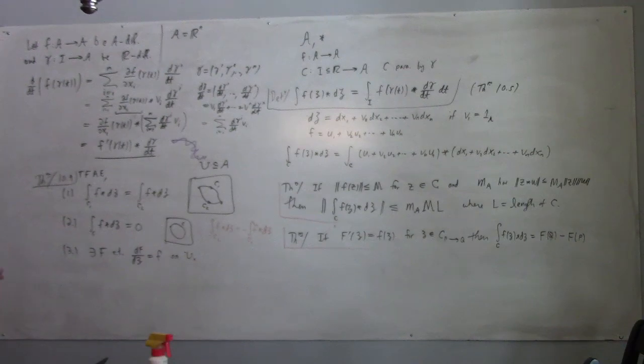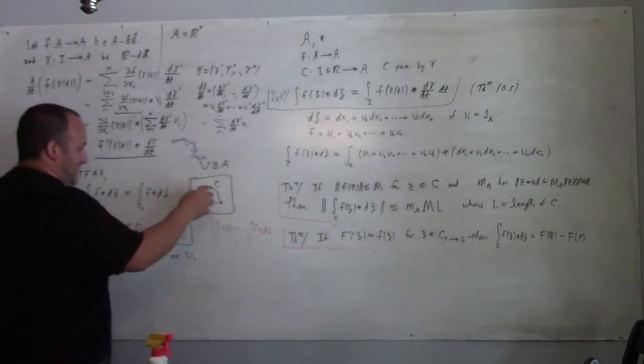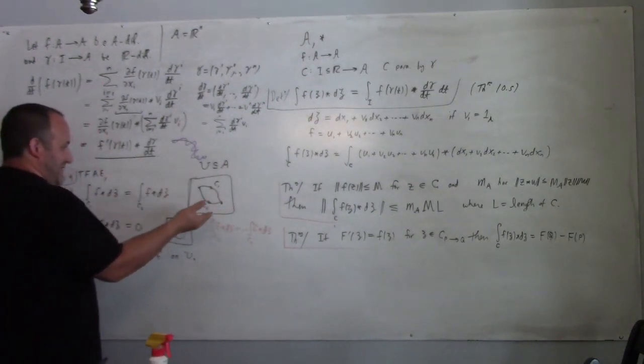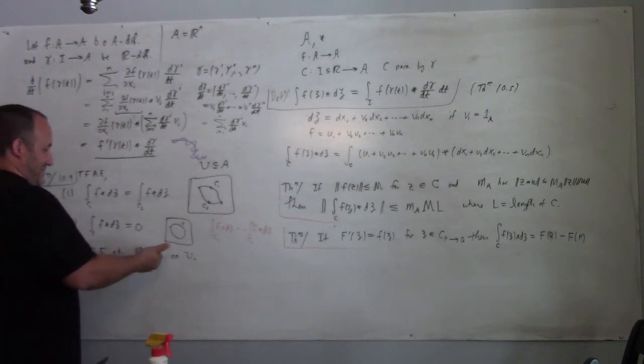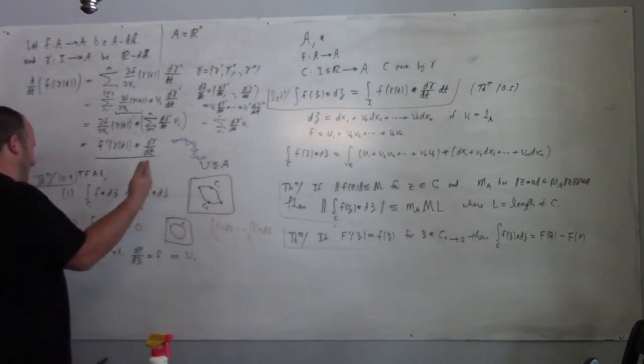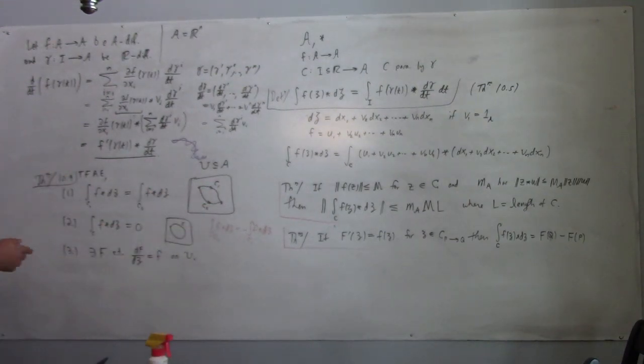Usually, when I'm teaching Calc 3, I don't even think about intersecting curves. I just go, well, if you have two curves, then it's a loop. So it's essentially the same argument, 2 implies 1. And then